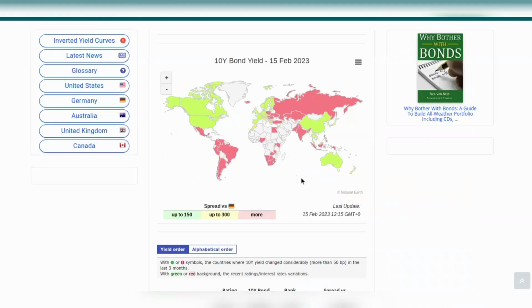We can see there's a lot of bonds that pay some very good interest rates around the world. So South Africa 9.9%, Argentina 49%, Brazil 13%, Nigeria 14%, Egypt 21%. If you want to know exactly how to find these type of bonds, then join the investing mentorship program, and